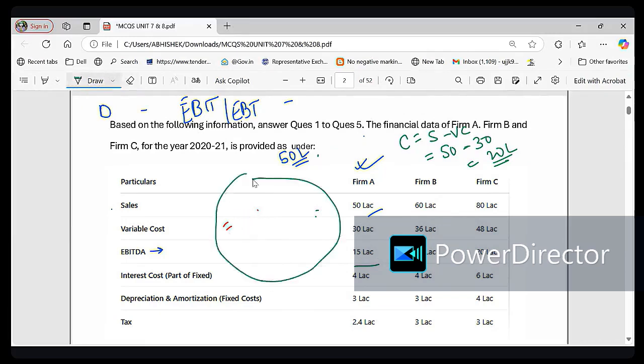This was the pie chart which we drew, and this was the contribution portion. Some portion of the contribution is the profit, and the rest is the fixed cost, right? As you can see here, what is our contribution? Contribution just now we got 20 lakh. And what is our EBITDA? Earning before interest, tax, and depreciation is 15 lakh, and how much is the depreciation? It is 3